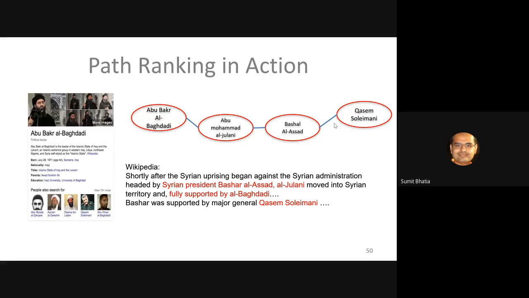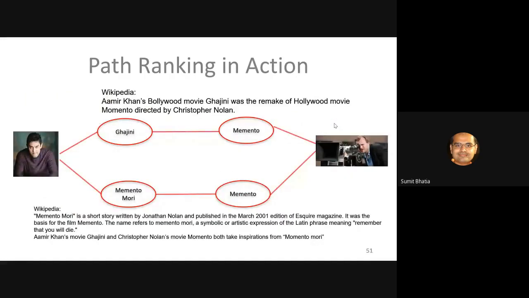Okay. Here's another example out of the terrorism domain, which I actually just tried. So I just queried the graph to see, how is Amir Khan connected to Christopher Nolan. So again, in this case, there will be hundreds of other paths, like Amir Khan is connected to India, India is connected to US, and Christopher Nolan is connected to US, and many other movie actors in between, many other film producers, Oscar ceremonies in between connecting them. But those things are not very useful. What was useful is the top path that we found.